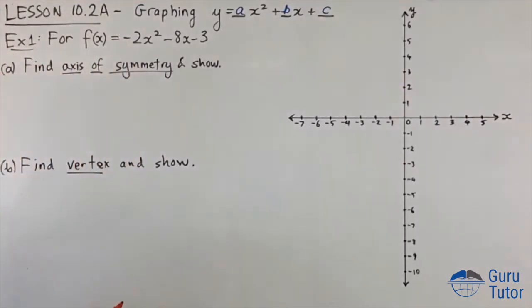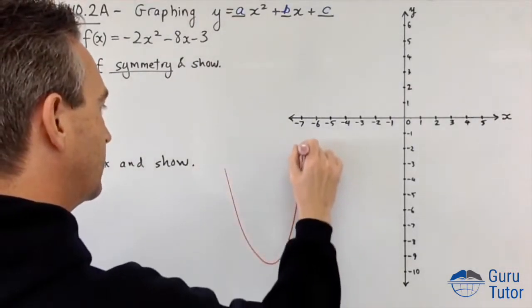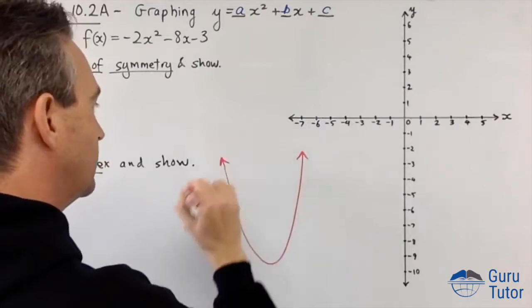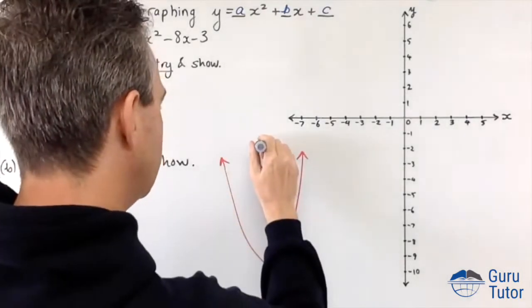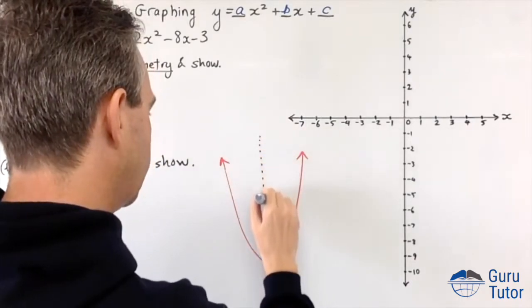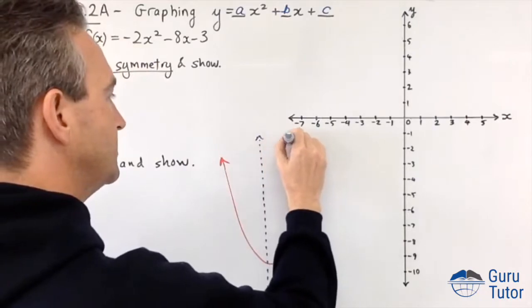So what is an axis of symmetry? Let me explain that first. Let's say we have a quadratic function, which of course is a parabola shape. The axis of symmetry is a line. It's kind of like the spine, okay? It's a mirror line straight down the middle. And when we draw the axis of symmetry,